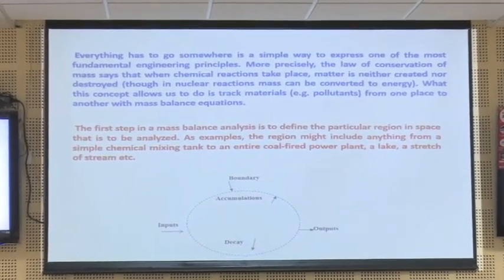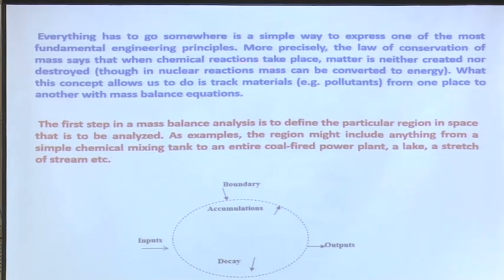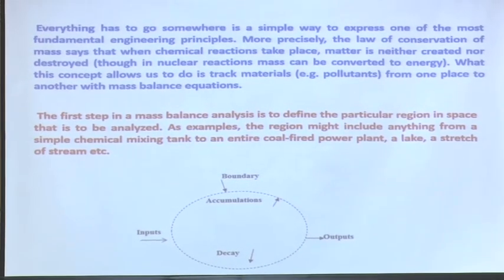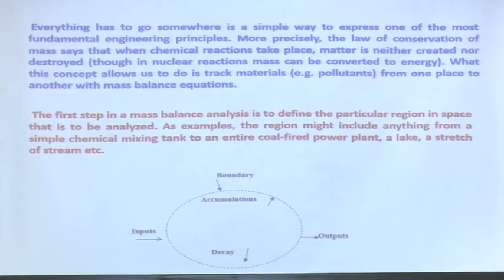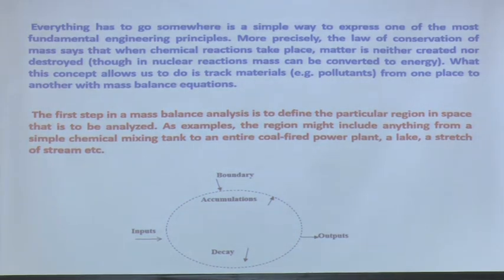Okay. So, basically the material balance, the philosophy is the same as what you do in fluid mechanics, that is the conservation of mass. Everything has to go somewhere is a simple way to express one of the most fundamental engineering principles. Anywhere where you are doing the material balancing, you know how much is coming, how much is going to that circuit, how much is going to that circuit. Maybe you are using bulk material handling equipment, this size going to that section, this size going to this section. So, how do I design it if I do not know how much material I have to transport